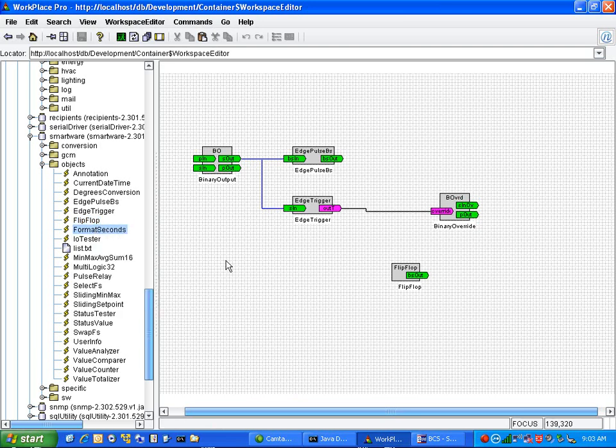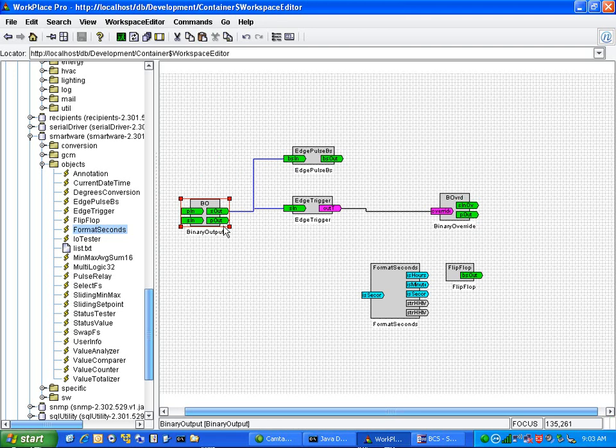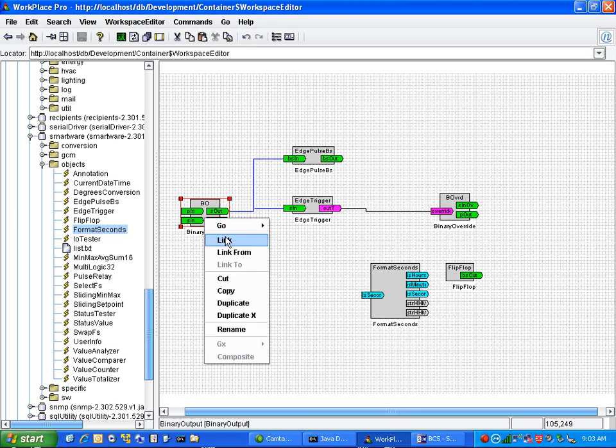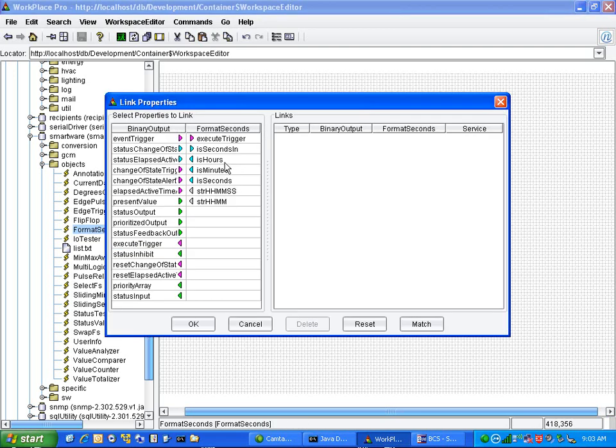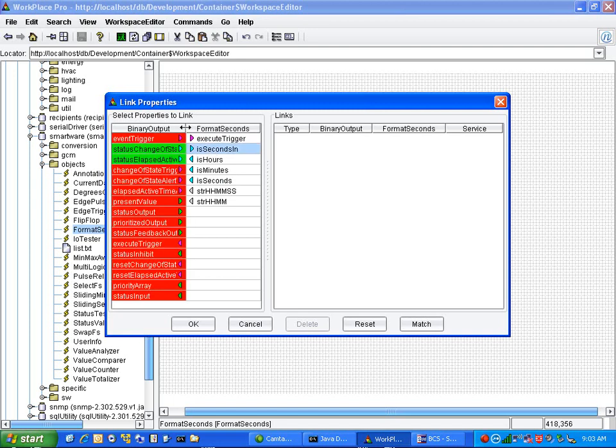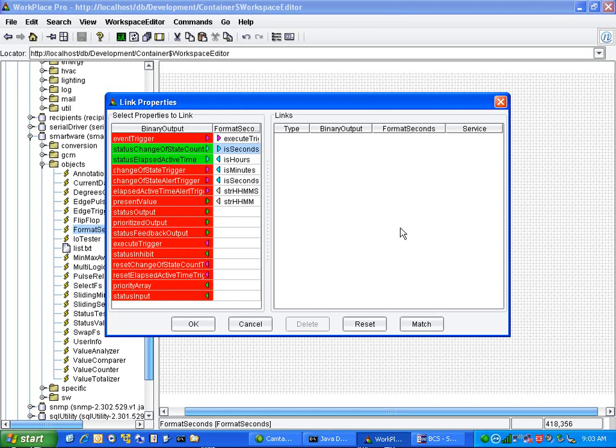Format seconds. That's always nice because if I take my BO object here and pull out this format seconds object and link the BO, you're going to see I have seconds in, and you're going to find a lot of the objects inside only keep track of time in seconds. So a lot of times you have to take those seconds and convert them up to minutes and hours and days even sometimes. So I will link up the status elapsed active time